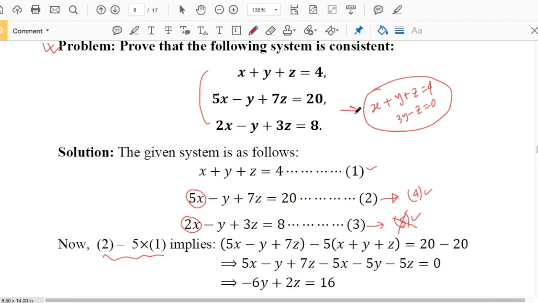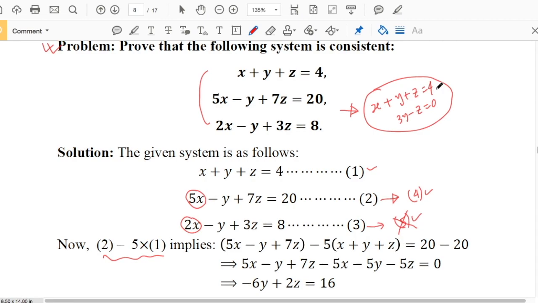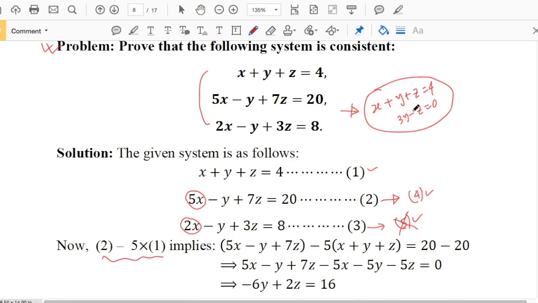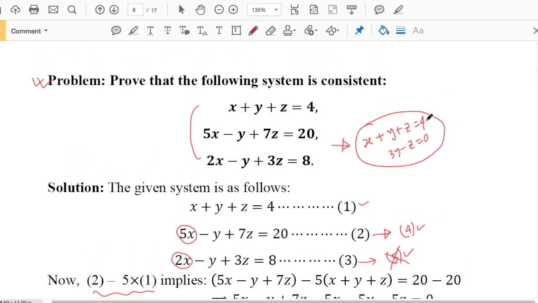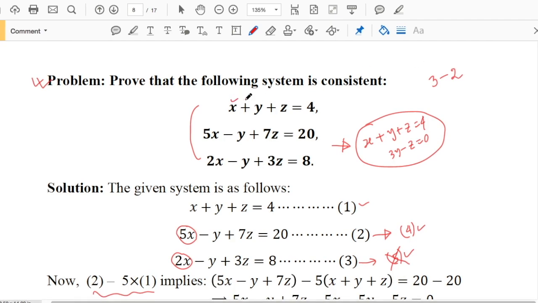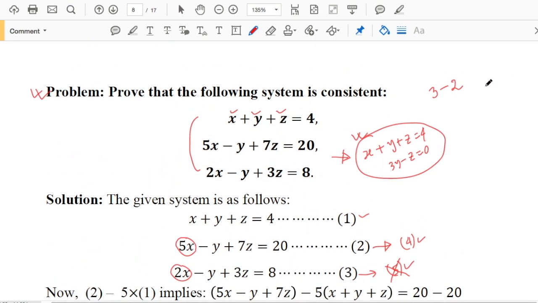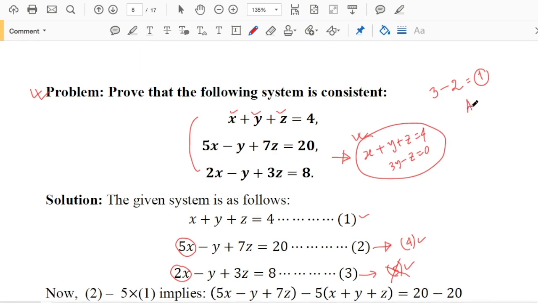This is called the eliminated system or converted system. And you now need to decide from this system how many variables you need to consider as an arbitrary variable or free variable. It depends on the difference between the number of variables and the number of equations. Here our number of variables is 3, minus the number of equations, which is 2 in the eliminated system. So 3 minus 2 equals 1. It means one variable you need to consider as an arbitrary variable,